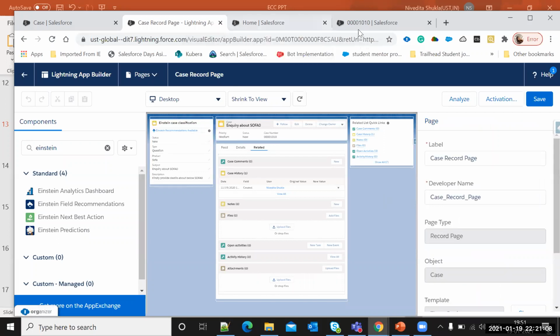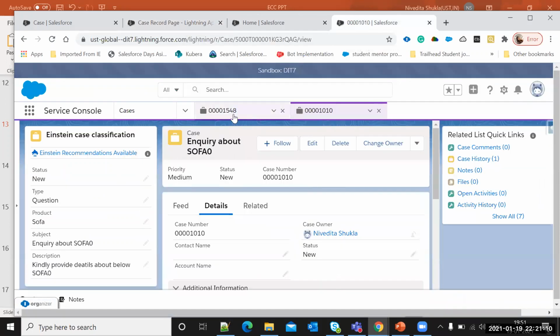This case has been created through email to case. I cannot show you that currently, I cannot send an email and create a case, because there is an ongoing issue that for a few cases the recommendation link is not coming.